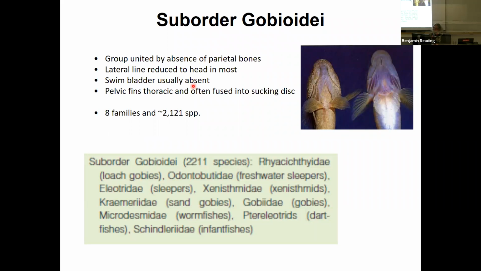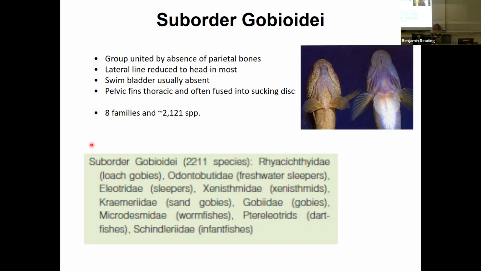If they don't have a swim bladder, they probably don't need buoyancy because maybe they're benthic. They live on the bottom. In this case, the gobies oftentimes live on the bottom. They're benthic, so they don't have a swim bladder because they don't need to float. They sit on the bottom. Also, their pelvic fins are thoracic, and they are modified into a sucking disc. When we talked about the remoras, they had a sucking disc on the head as a modified dorsal fin. The gobies have a modified sucking disc on the ventral aspect, which is a modified pelvic fin. Again, they're benthic, and they can attach to the substrate using this